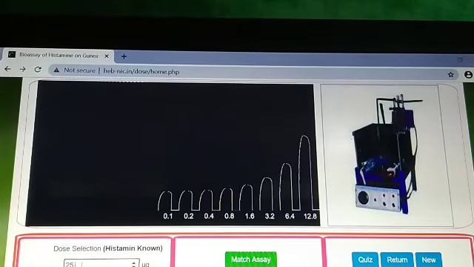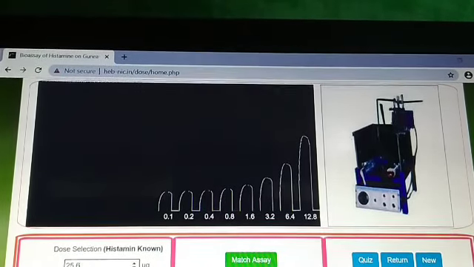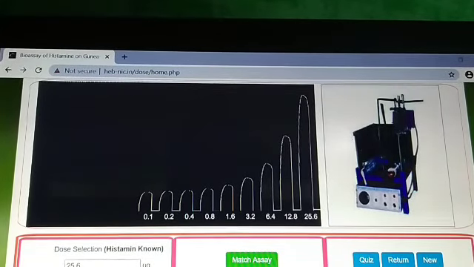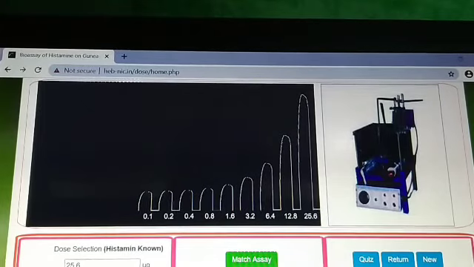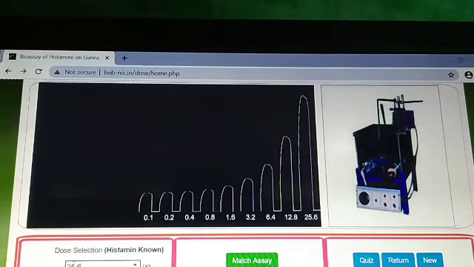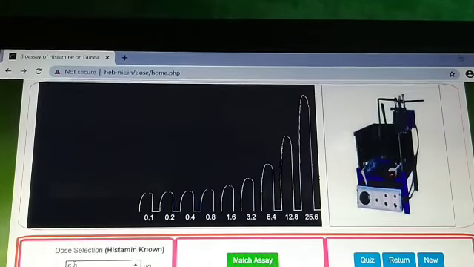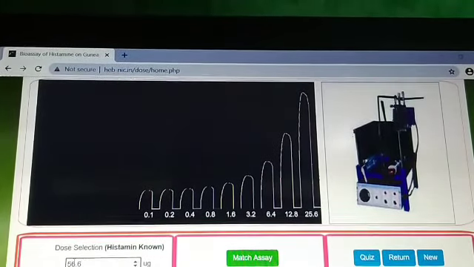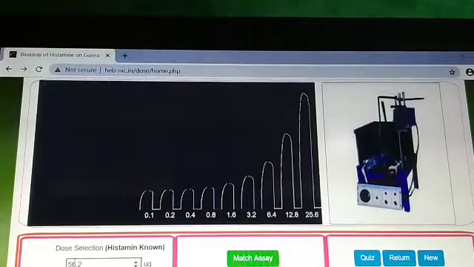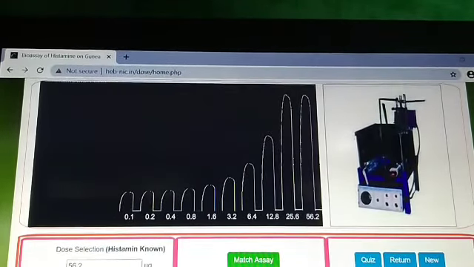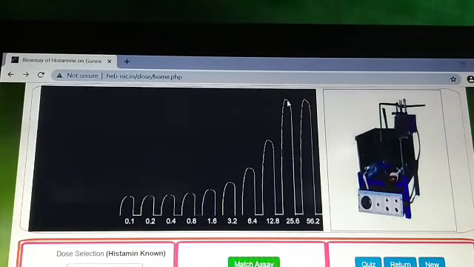then 25.6, then 51.2, inject. So here we can see the last two curves,